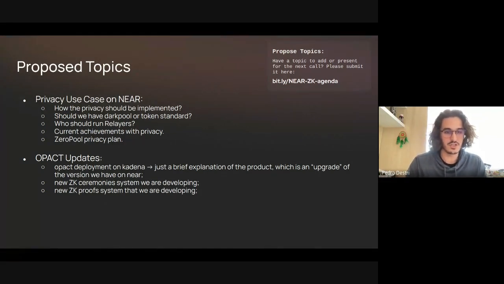And we are also finishing a new version of it on Cadena, which is the first topic. We like to call it an upgrade of the version we have on NEAR. And how does that work? First things first, it is the same basic concept where you can do anonymous transactions, but what we did is you're not limited to a ticket. Like Tornado Cash or former Hide Your Cache and other mixers, where you could do transfers with 1, 10, 100 NEAR, ETH, or USDC. Now you can have